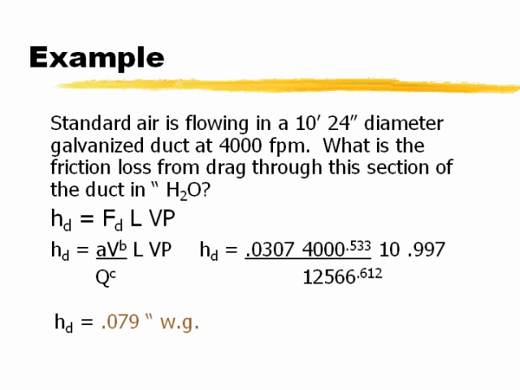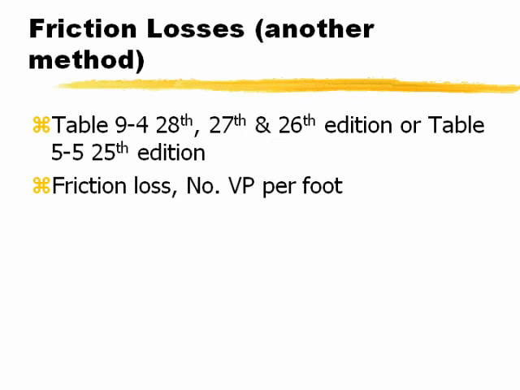That's a loss that's a part of our component of our system, and something that we need to add up as we go. We're going to be adding up the losses that we're experiencing as air moves through our system. So we know how to calculate losses for a hood now, and we know how to calculate losses for straight sections of ductwork. But there's another method as well, and it doesn't matter what method you use,